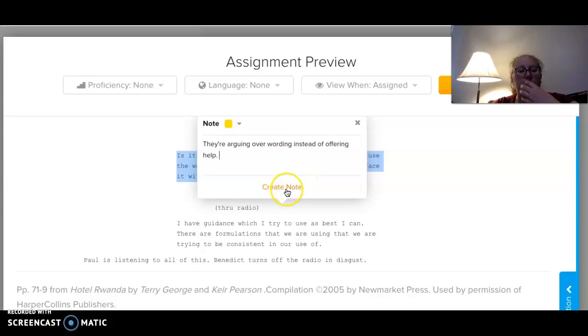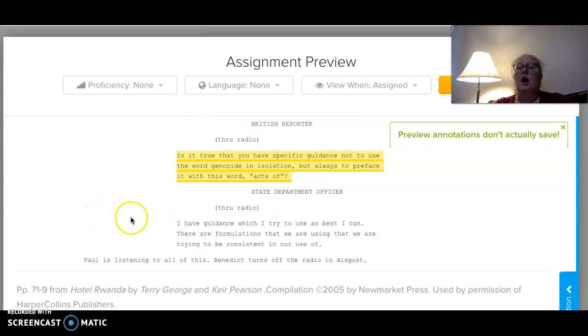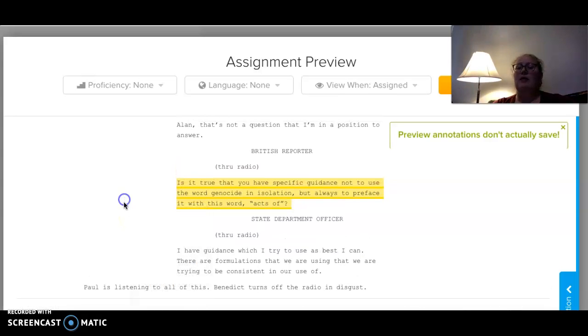Now, those particular people might not be able to do anything, but they're in a position of power where they can call on people to say, hey, we need to stop this. We need to do something. But instead, they're doing what we all get caught up in doing, and that's arguing about something really small and really insignificant.